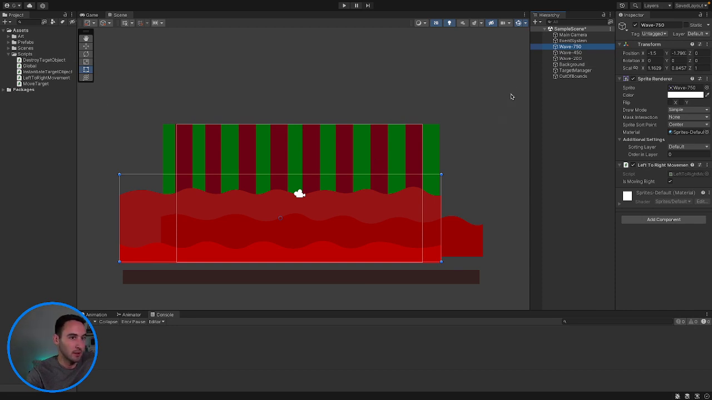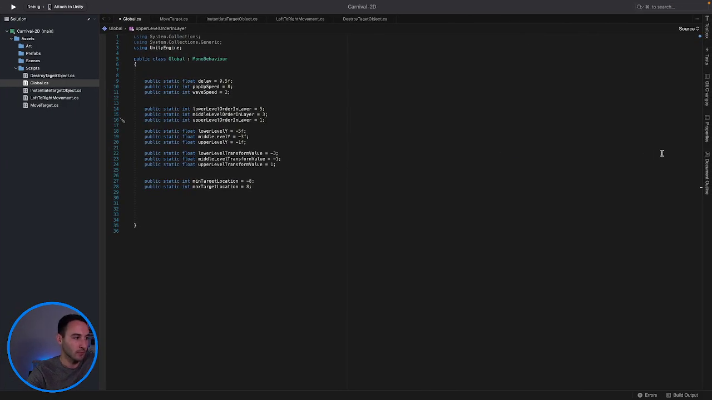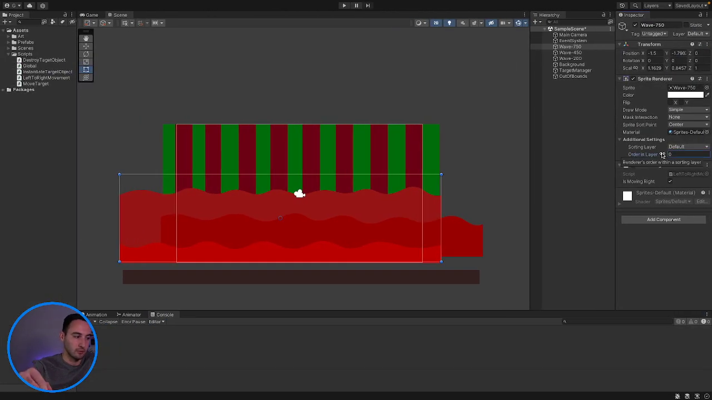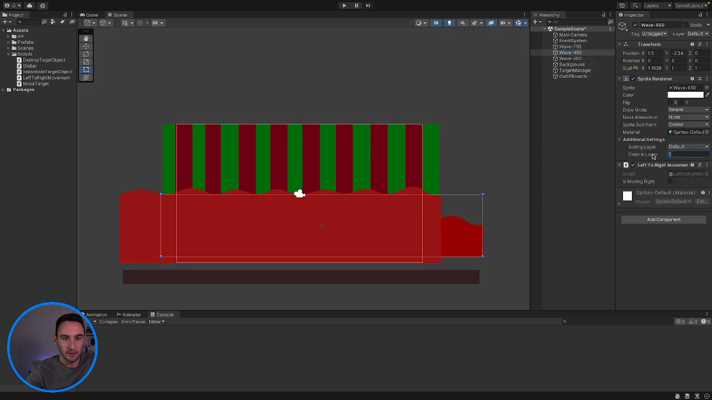Okay, so on our wave 7.5, which is the big one, we need to change this order. It needs to be, I've already forgotten, it needs to be at 0 to 4, I think. So we'll change that to 4. The middle one needs to be at 3. No. Okay, all of these layers are confusing. So the first one needs to be at level 0. Then we have our target object, which will be at,